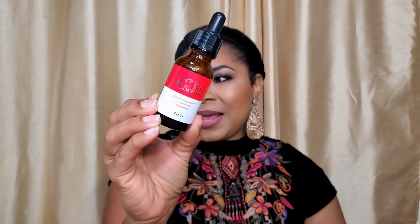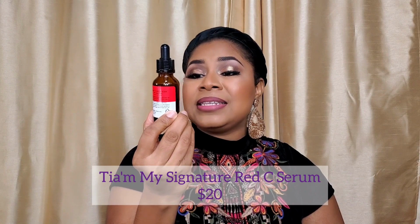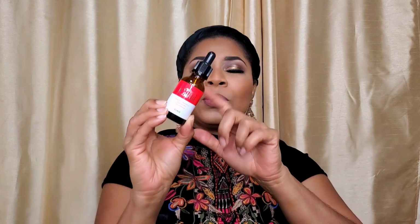The next product from Tiam, I actually don't like that much, and I wanted to mention it because I know I tell you guys about all the products that I love, but this one I have been struggling to finish, and I mentioned it in a post recently. This is the Tiam My Signature Red Serum. Now Tiam also has a whole line called the My Signature Red line. They have like a SPF in that line, a cream, quite a few different things, but this was the only thing I had actually picked up from that line, and I really wanted to try it because there's a 20%